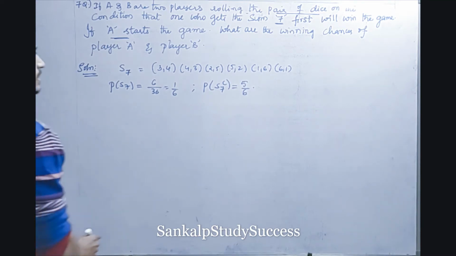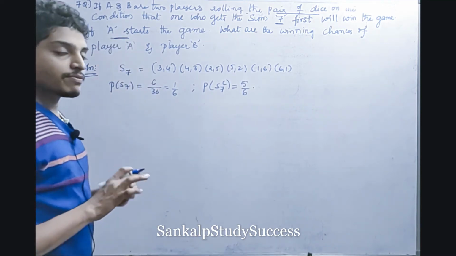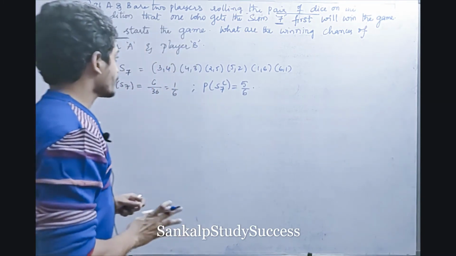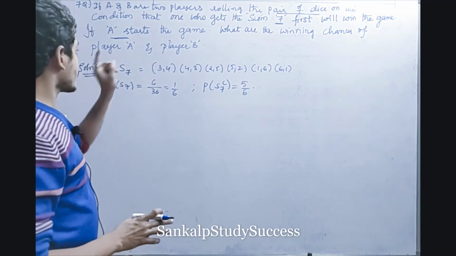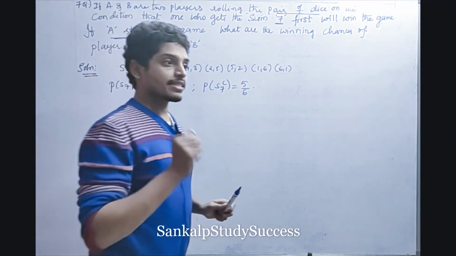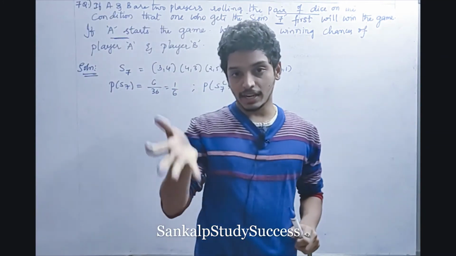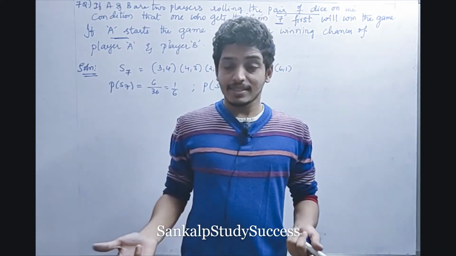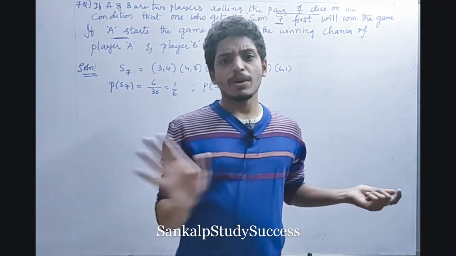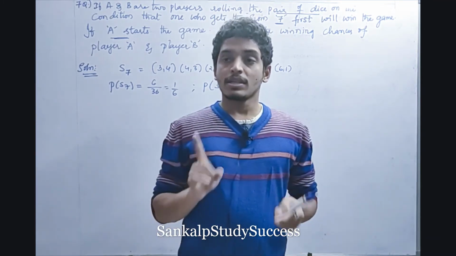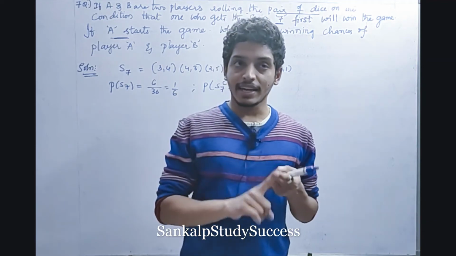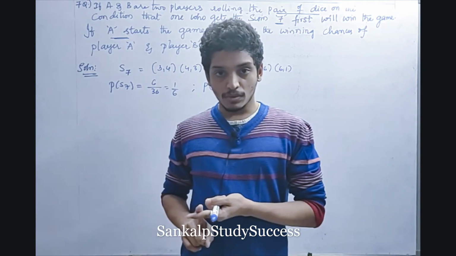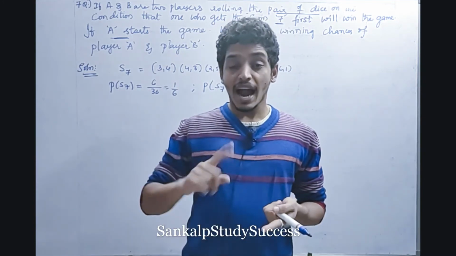Now what he is asking, A is starting the game. The first one who is going to roll the pair of dice is A. So he is asking the winning chances of A and winning chances of B. When A starts the game, first of all he will roll, right? So there is a chance in the first attempt he might get sum 7. Then he will win the game. Then B won't play again, right or not? So if in the second chance player A is going to win, first A has to lose, then B has to lose, and then A will win.